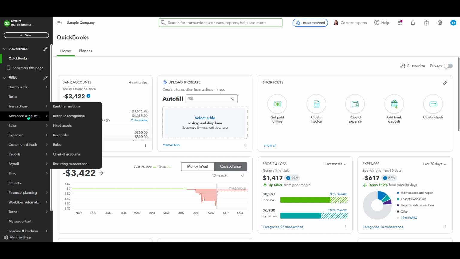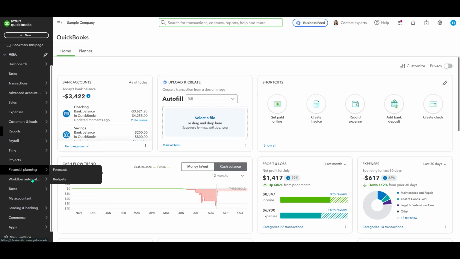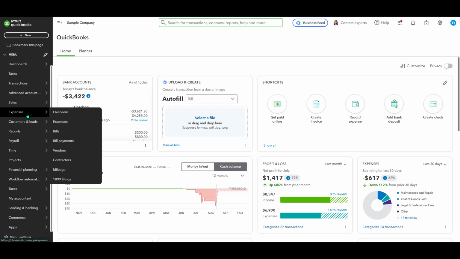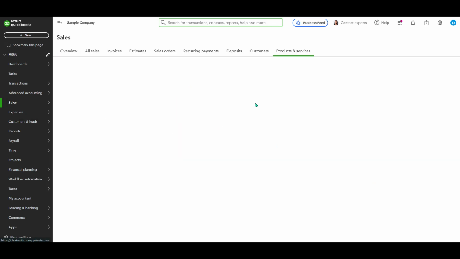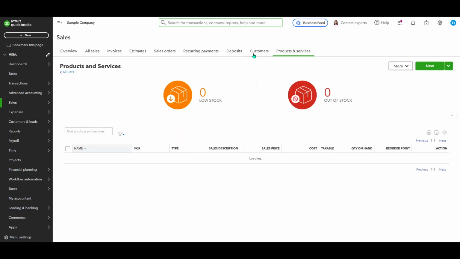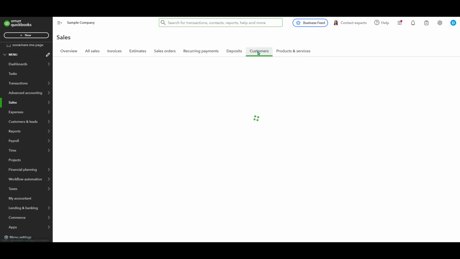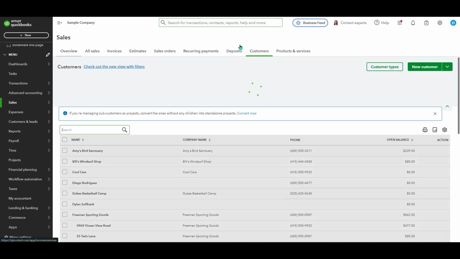Let's start by navigating to the left panel of your QuickBooks Online dashboard. Here, you'll want to click on the option labeled Sales. This is your main hub for managing all sales-related activities, ranging from invoices to payments, and of course, your customer information. Once you're in the Sales section, direct your attention to the top of the screen and click on the